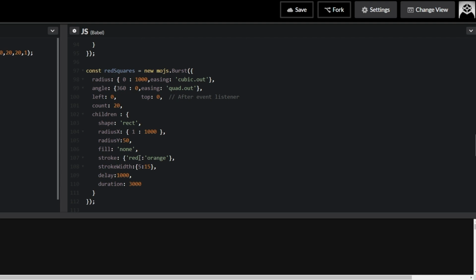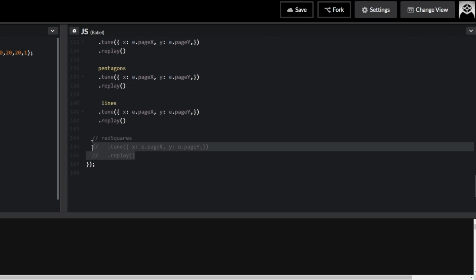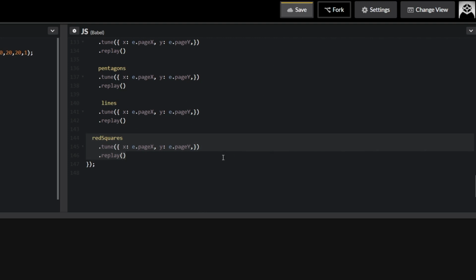No fill, red stroke changing to orange over time, and the width of the stroke changing from 5 to 15. The reason it's delayed is so it happens after everything else that's already happened, and it takes the same amount of time as everything else. And once again, in our event listener, we add it exactly the same way with the tune, with the replay. It's got no randomness, so we don't need to generate it. And once we've saved it,